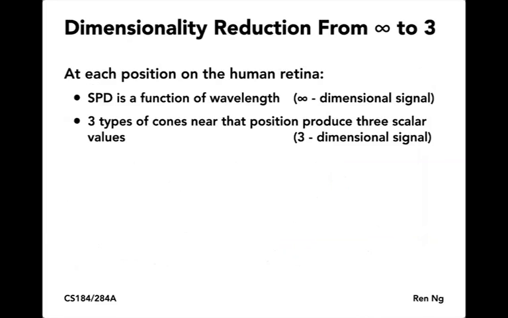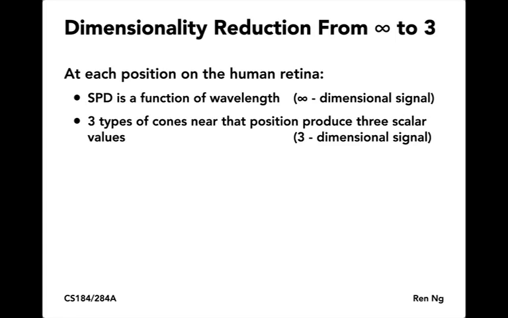Let me back up for a second and reobserve what's going on at a high level, a conceptual, intuitive level. This is really crucial. We have a dimensionality reduction occurring here from infinity down to 3. Last lecture, I said if you have a simple model for a light detector, it was from infinity down to 1, because that detector could only put out one scalar value